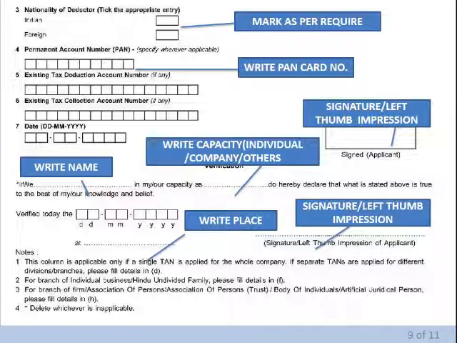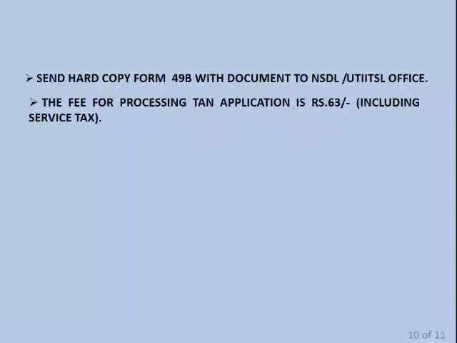Then in the permanent account number box you have to give your permanent account number, that is your PAN card number, and in the right hand portion you have to give your signature. Before the signature you have to click on the declaration form, and on the declaration form you have to give your name, your capacity, that is whether you are representing an individual or company or others, and write the place. After signing this page this procedure will be completed. After the form is submitted online successfully, an acknowledgement is displayed.